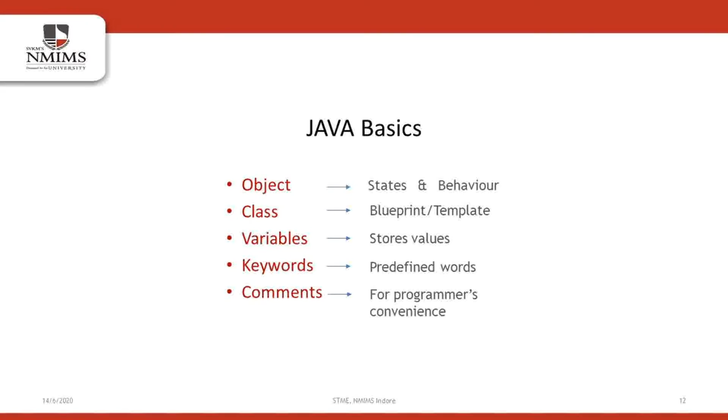Second is class. Now what is class? Imagine a building is to be built. You don't just directly take some bricks and cement and start doing the hard work. What you first do is that you create a blueprint, a model, or a template based on which you start building. Consider the building here to be an object we just discussed, and the blueprint you used will then be your class. So basically, a class is a blueprint that defines the structure or the working of an object. So using a class, you can create an object.